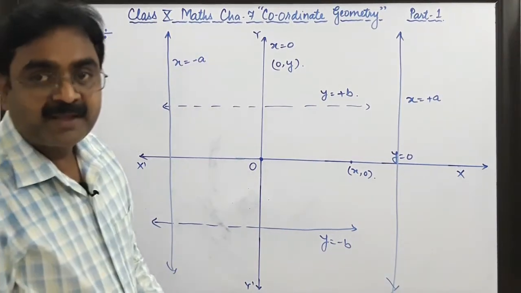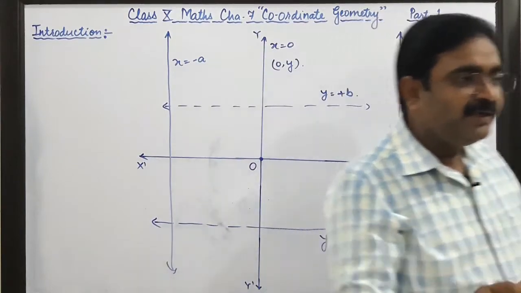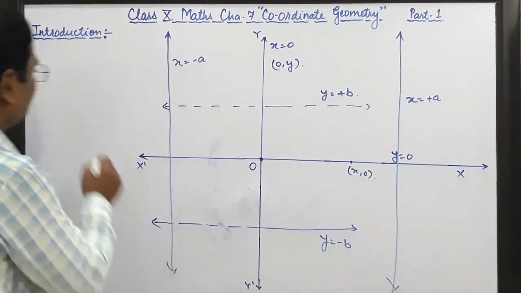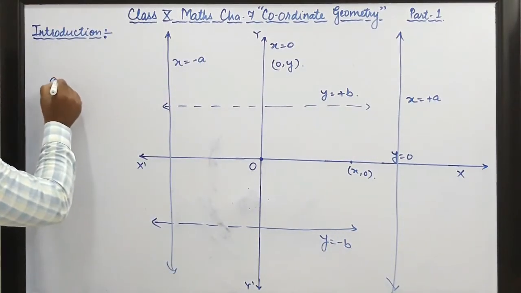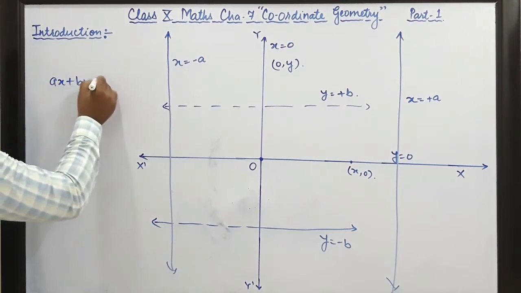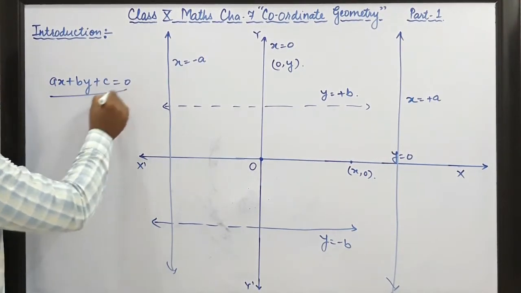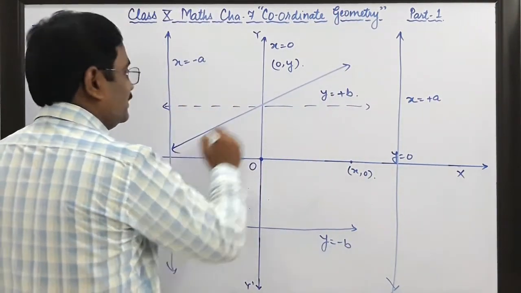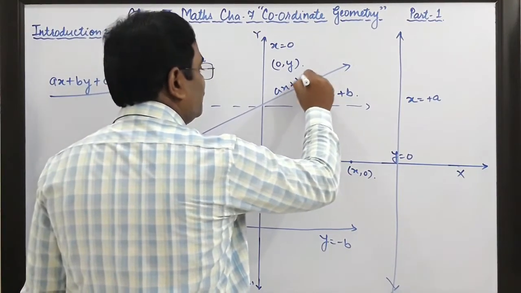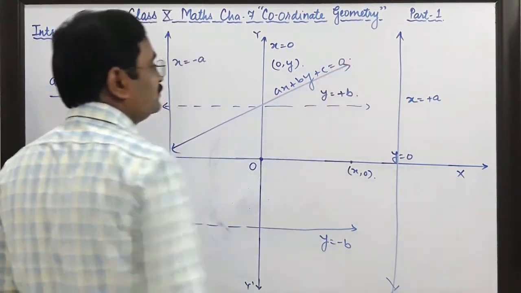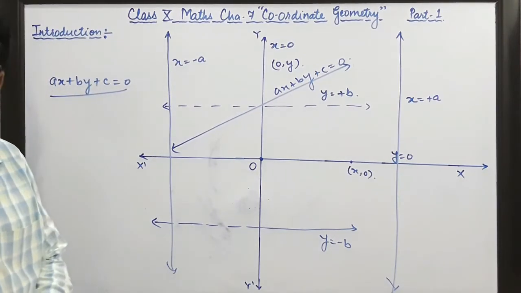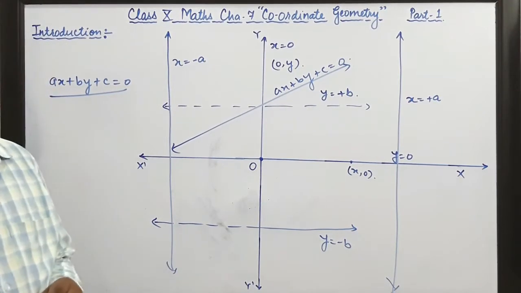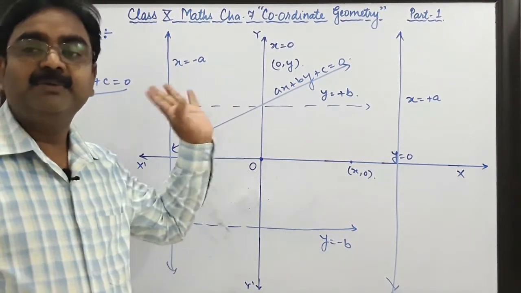Right children? As you have read in pair of linear equations in two variables, if an equation is in this form, ax plus by plus c equals 0, this is the equation of a straight line in any direction. This is always a linear equation, or you will always get a straight line. As it was given as a pair, you are getting two equations, such as